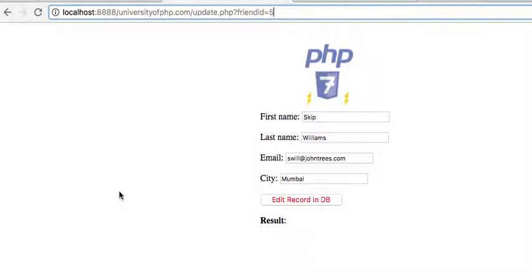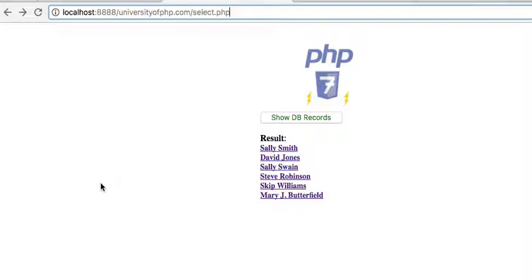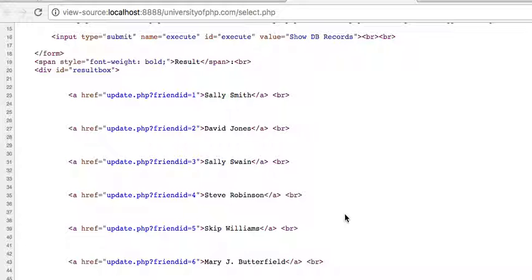Now let's take a look. Let's go back here and let's take a look at the page source. Let's look at our page source. Okay. Now here's our hyperlink, right? Okay. And it says update.php, and we have a question mark. So now we're going to have name value pairs. A name, friend ID, and is 1. Here friend ID is 2. So this way, when we travel over to that new page, we're going to be sending in the